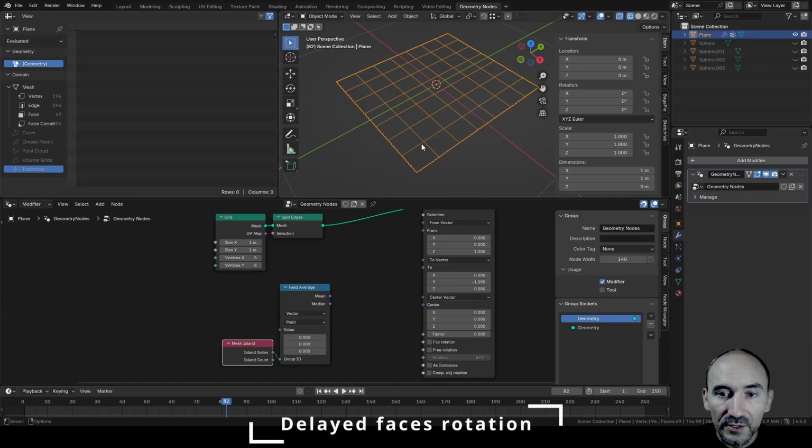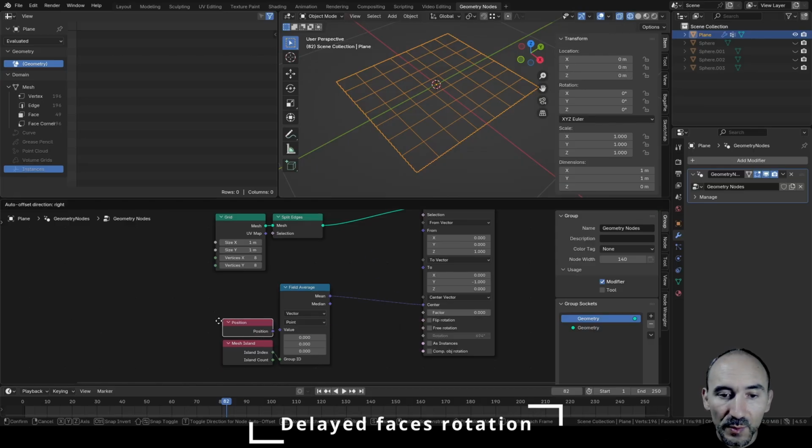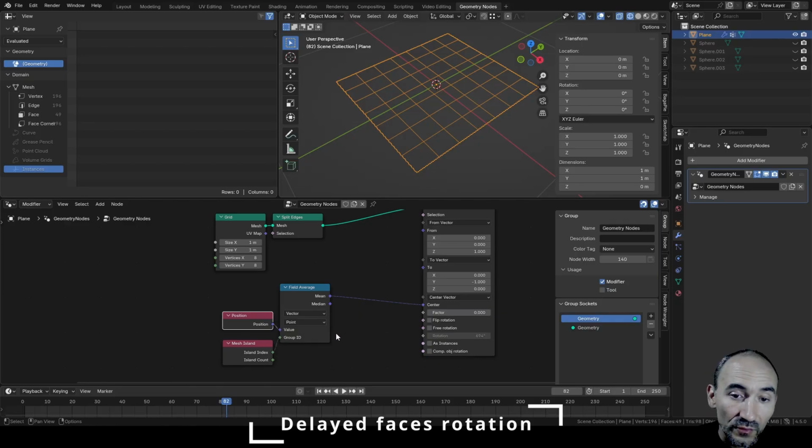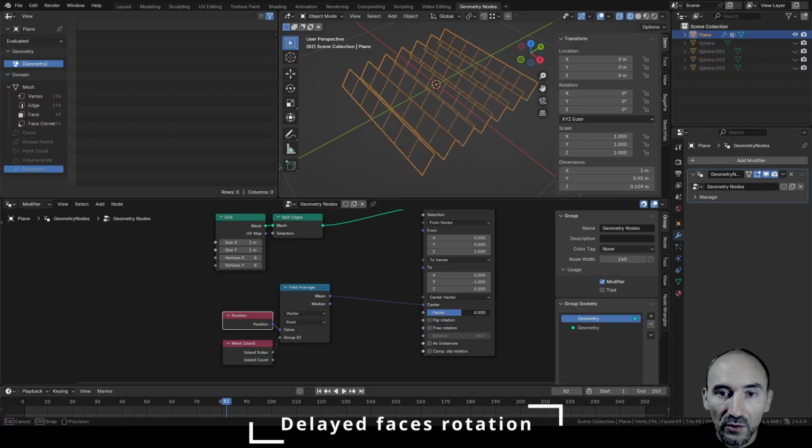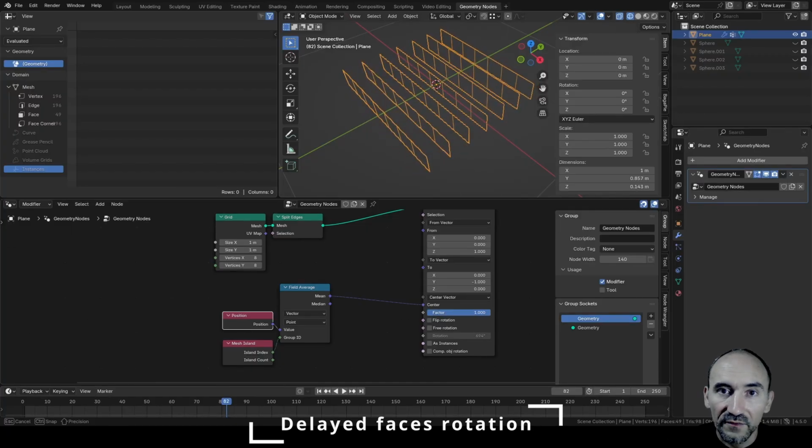So for example, 1, 2, 3 and 4 has this index, 1, 2, 3, 4 has this index of the face connected, etc. So this field average can calculate the mean, so the average of the points grouped by this ID, and this means that I can use this as the center, and I need to link the position inside the value I want to use to make the average, and if I increase the factor, you can see all the faces are rotating from the Z to the negative Y direction,